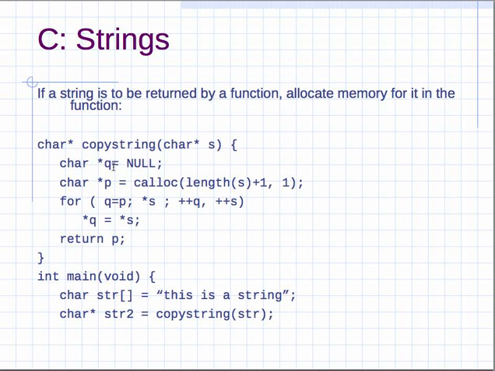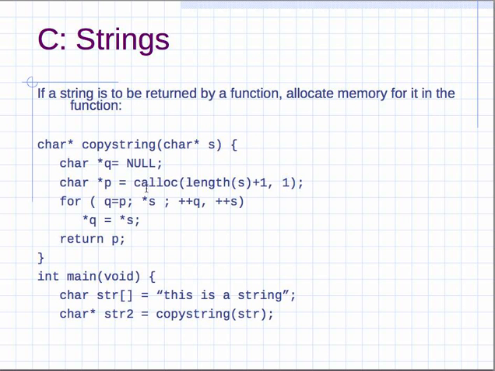So how does it do this? You can use malloc or calloc. Calloc is probably better because it'll zero out the locations, and this is just like calling malloc. Remember, you need everything that s has plus the null termination, and this says that the size of each thing in that array is just 1. Okay,